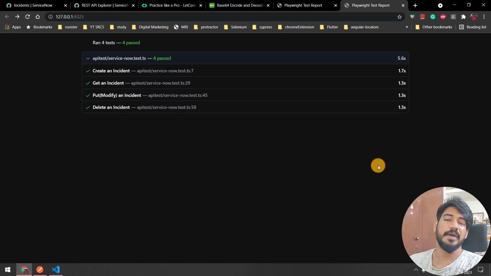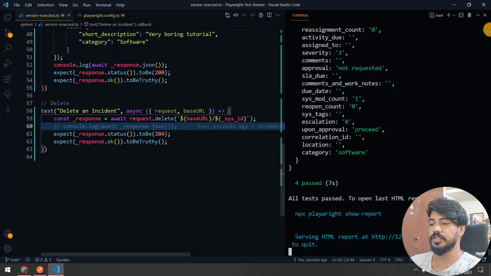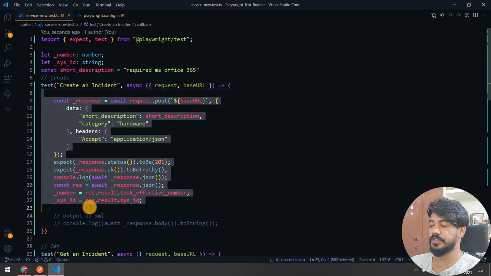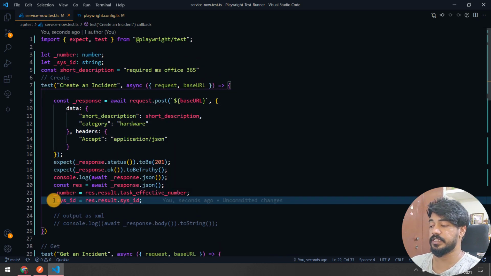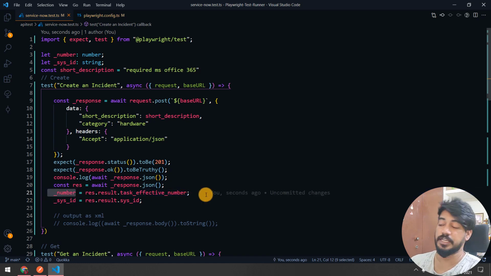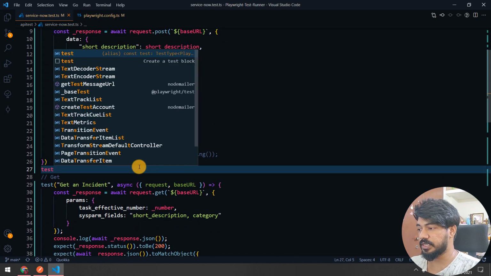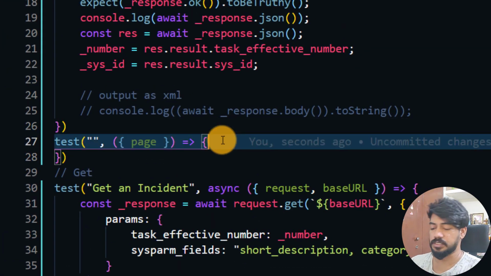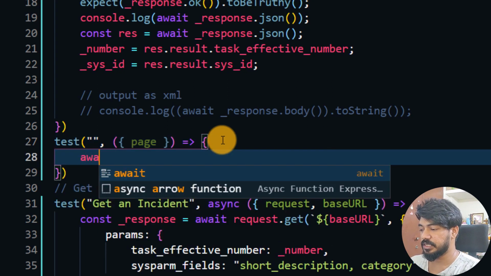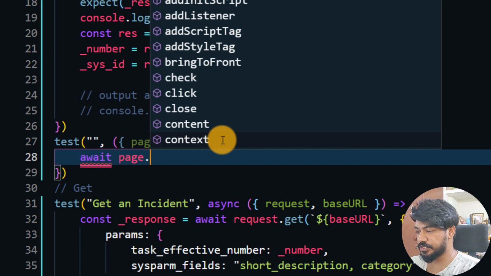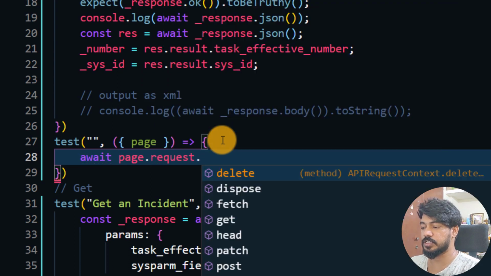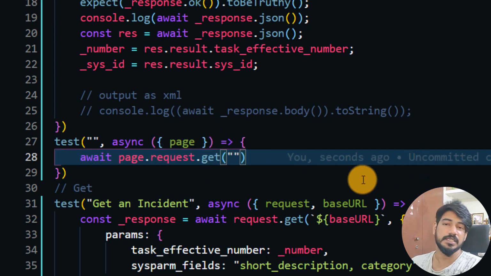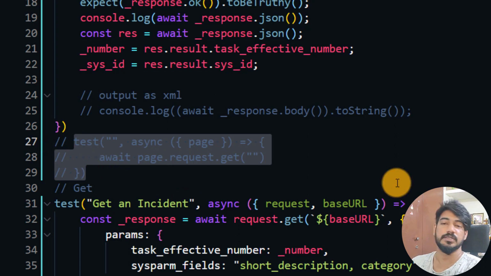And you can combine this with your web automation as well. So for example, here we are doing the create, right? So we are creating based on the API, so we can get the sys ID or we can get the number and we can write our actual test. So I'll just show you something like test. So here I'm getting the page, right? So of course I can say page dot, I can combine that actually. So here I can say await page dot request, that is also fine. Okay, so page dot request dot post, delete, whatever you want, you can do it from here itself directly. Okay, so see this Playwright API testing, and I think this is going to be really good stuff for us.